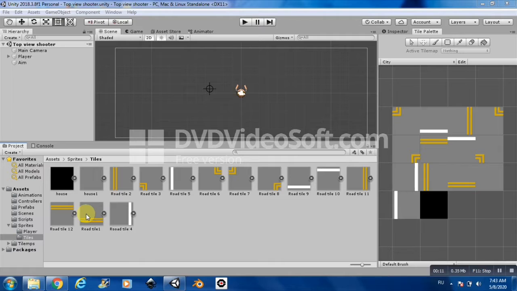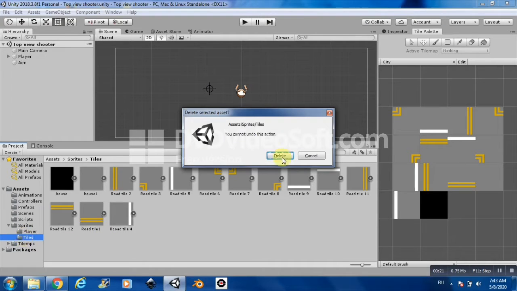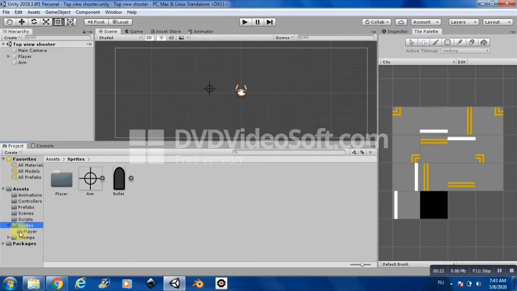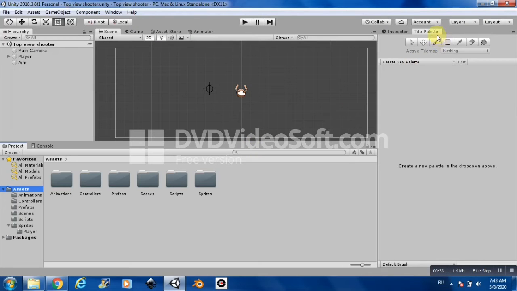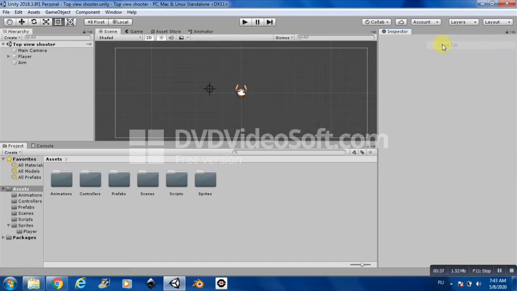So first, we don't need the tile map, the tile palette, the tiles. So just delete the folder with tiles, then delete the folder with tile maps. If you want your background to be with tile maps, you can still use them, but I don't want to. Then let's close the tile palette window,